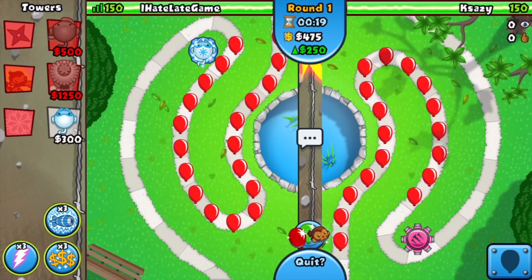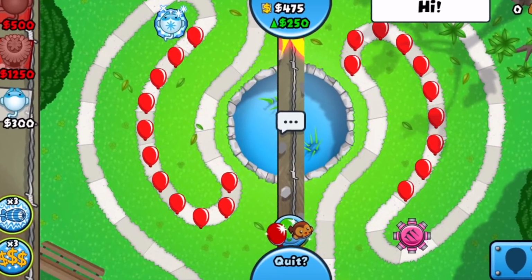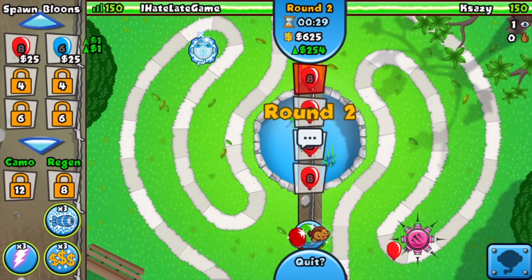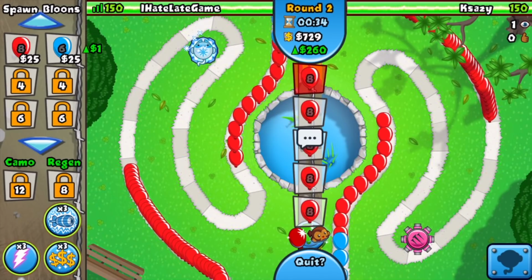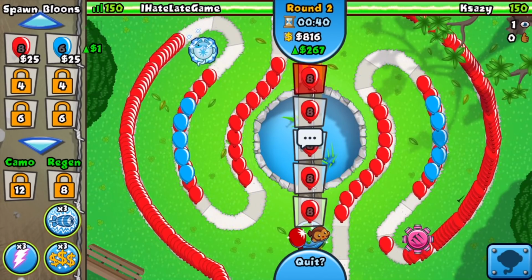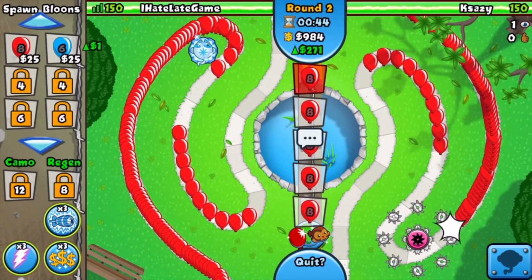But without further ado, let's just hop right into this one, all right? So, looks like our opponent, we're just going to call this guy K. K is starting off with the Tack Shooter as his first pop and power tower, and I decided to start off with the Ice, and that is because the Ice is really good against consistent grouped balloons, all right? So, for example, these grouped reds, we should be 100% fine against all of these. We should be able to fully defend, and it looks like he's going to be able to defend as well